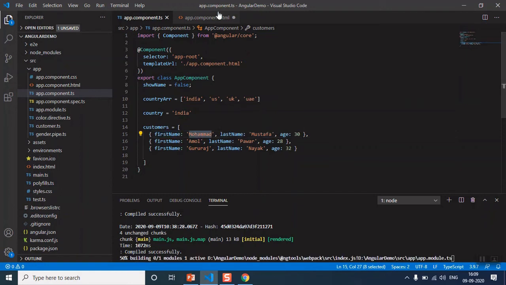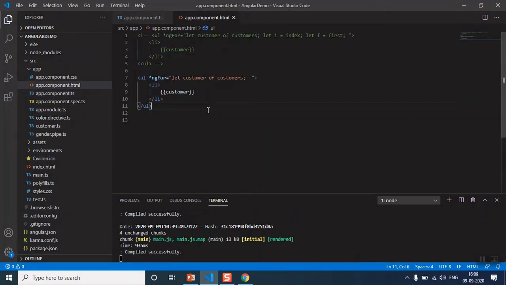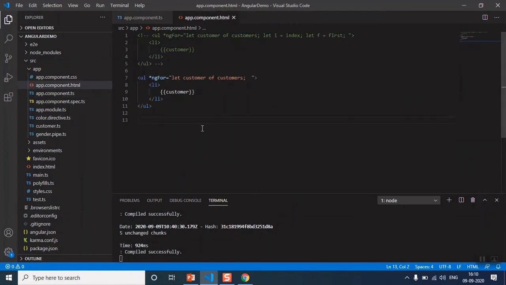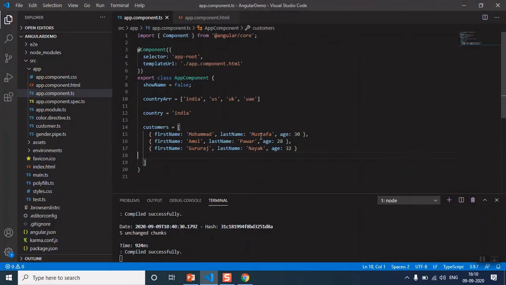So now let's come to app.component.html. So what will happen? In the first loop, it will read this value. In the second one, it will read the second object, and in the third one it will read the third object, and so forth if you have more objects. Save the changes and flip to browser. Here you can see that we are able to see object 3 times. This 3 times is fine because we have 3 objects here.